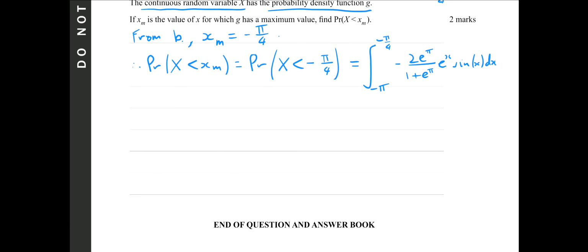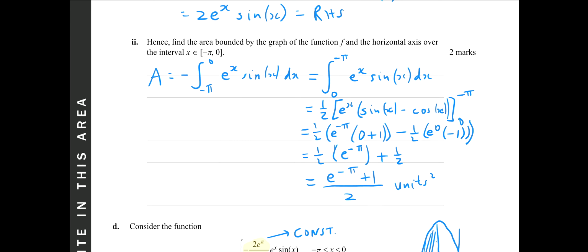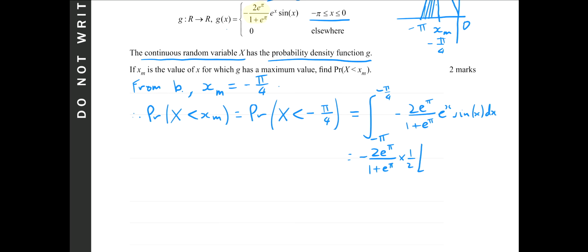Right, so to work this one out, we need to do a little bit of algebra. So I'm going to take that constant out because having that inside there will make the maths unnecessarily complicated. Negative 2e^π over 1 plus e^π. And then this integral will evaluate to half. Basically, we're repeating the calculation we did back up in part 2, where we reversed the derivative that we saw in the previous part. So half, and e^x sin x becomes half e^x, and